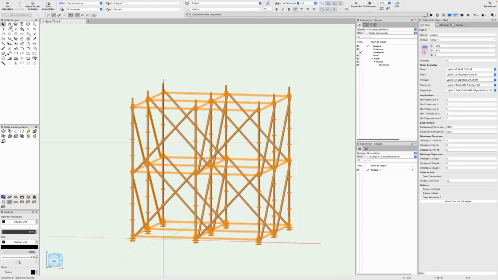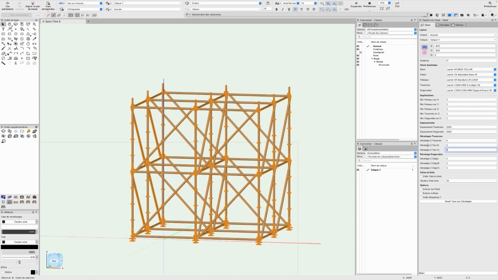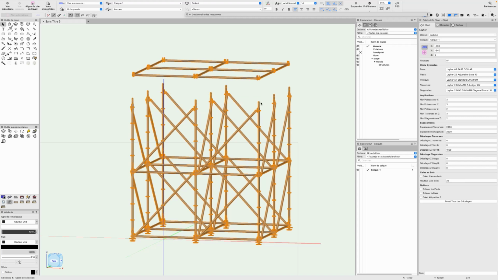We have a shift just for the low cross. So this one, all those who are closer to the ground, I can decide to climb only this one by 1 meter, for example, or 50 centimeters. And we have the same thing for the top one, with a possible shift for only the top one. Okay, we have exactly the same thing